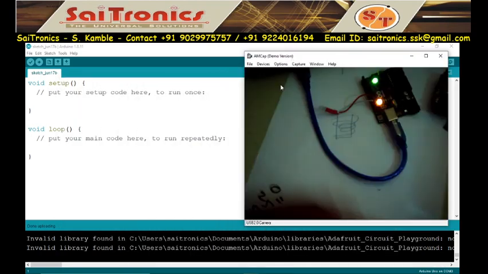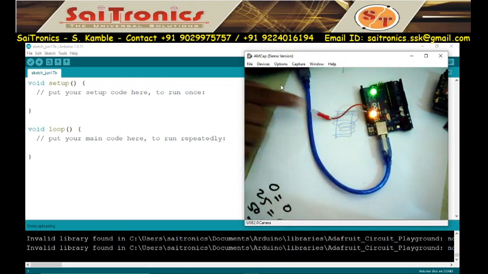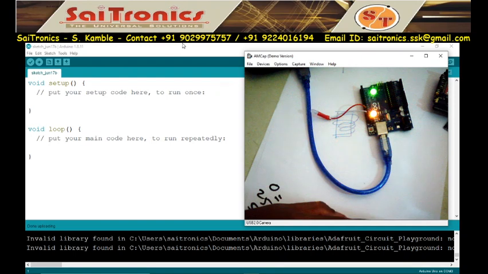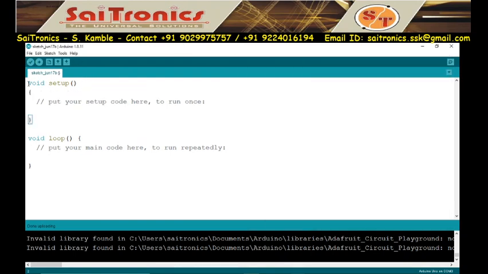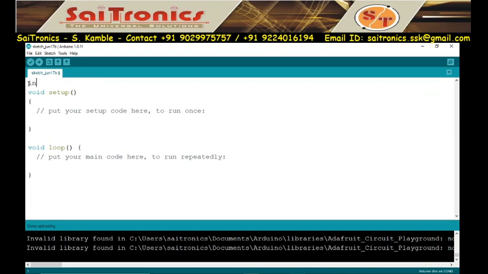This is my circuit, and this is my LED connected to pin number 11. So I will write the code. Initially I have to initialize int LED equal to 11. So pin 11 is connected to the LED.